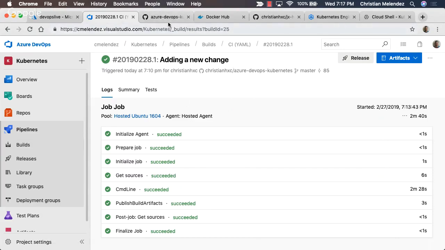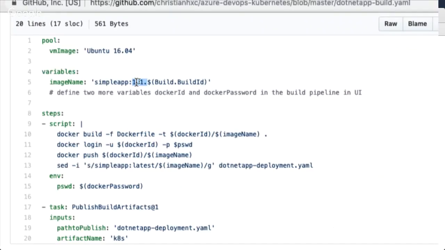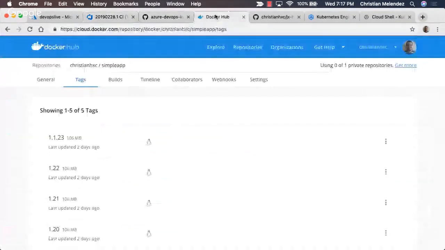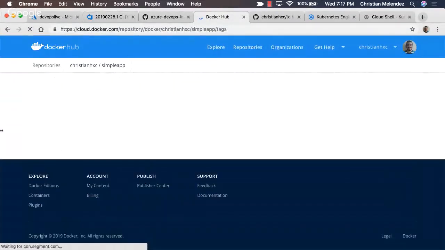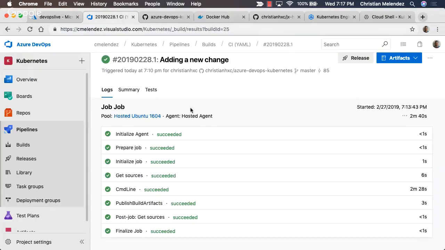The change that I did here, in case you are curious, is that I added a new tag, just to make the difference that I was building something different. You can see here in Docker Hub that the pipeline already pushed both images, 124 and 125, updated 4 minutes ago and updated 1 minute ago.